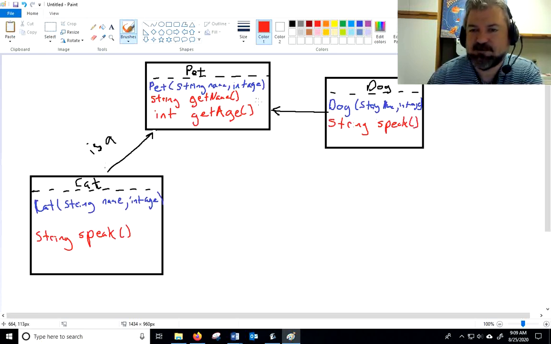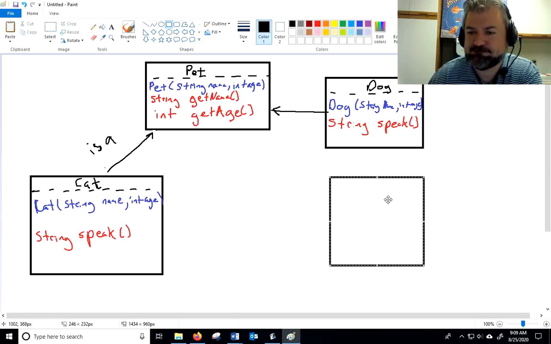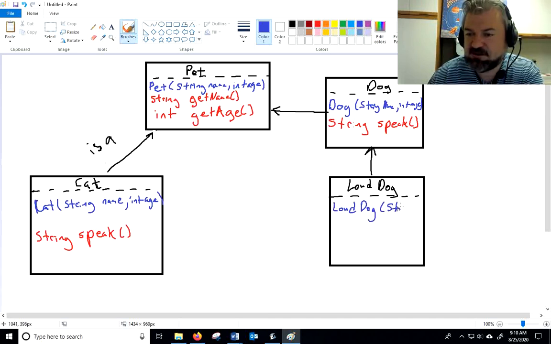Okay? But I'm not going to stop there. I'm going to subclass again. I would like to subclass dog. I'm going to subclass dog with a LoudDog. The LoudDog class will have a constructor. And I'll make this one go over 2 lines here. That is a name